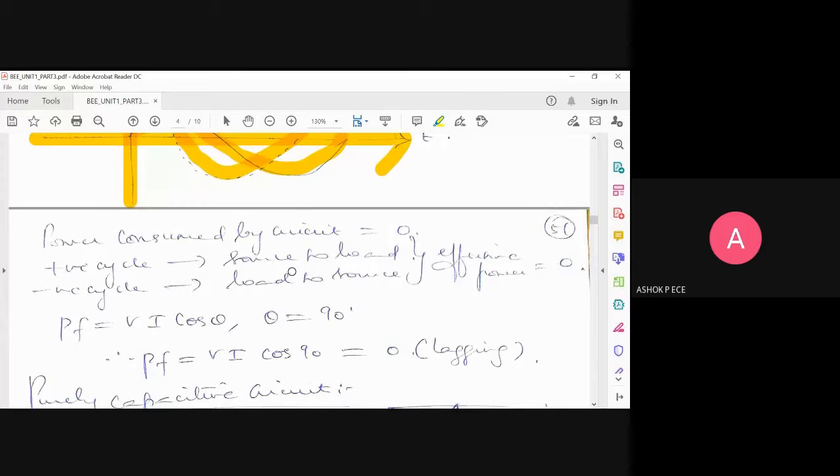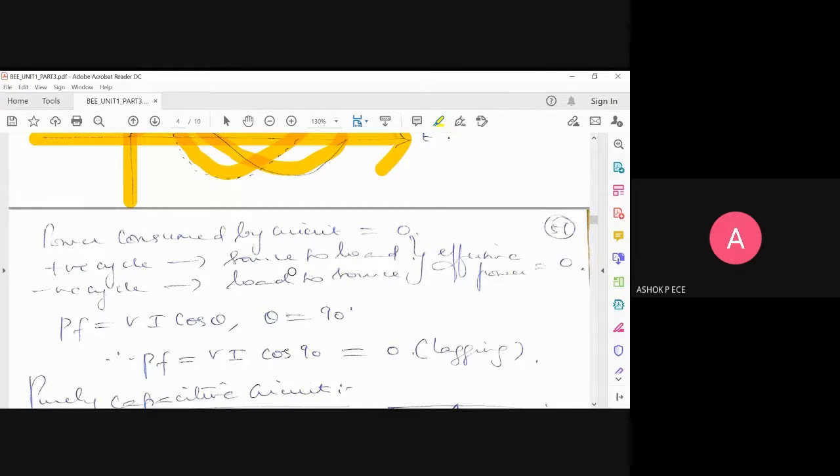The same thing happens with your fan also. When you switch on the fan, it does not rotate at full speed immediately. It takes some time to come to its full speed because it has L and C inside it. When L and C are there, they will try to slow down your circuit.